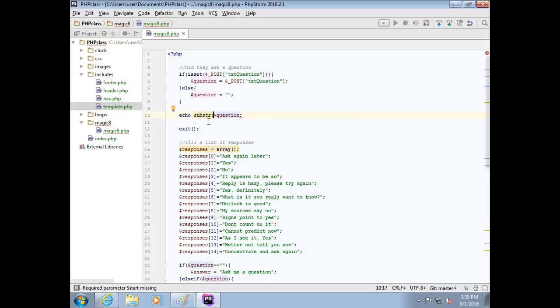what we want to do is substring the question, and if I do a comma, we can say, what is the start? And I could say 5. All right. And I'm going to save that. So if I'm saying 5,